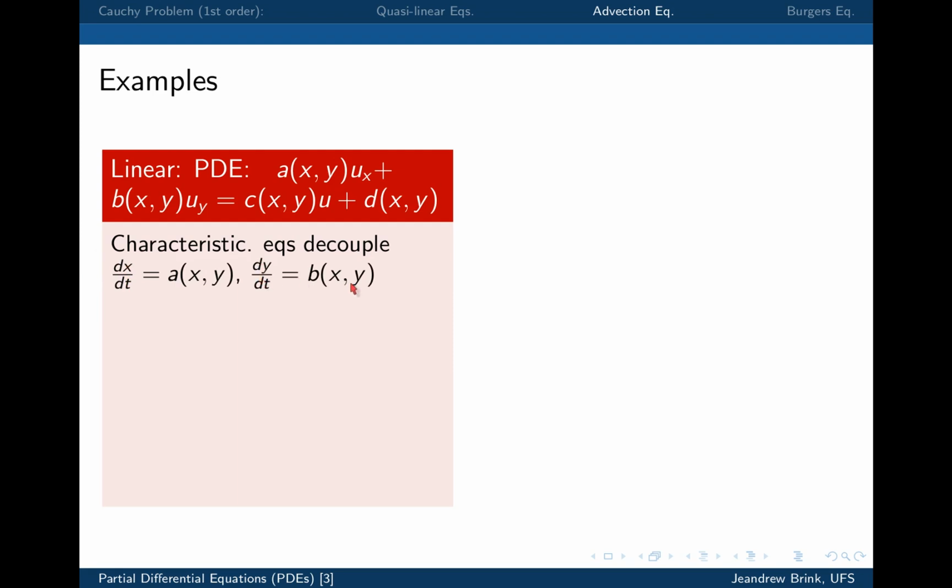And so if you remember the characteristic equation from the previous slide, you actually had the third one. If it was not a linear system, you would have z entering here, and you'd have a third equation. So in the linear case, you simplify the problem to having two equations that determine the characteristics for x and y